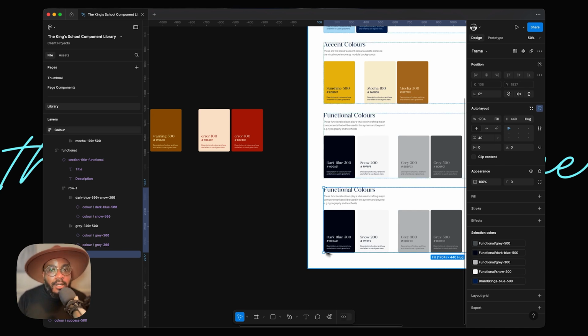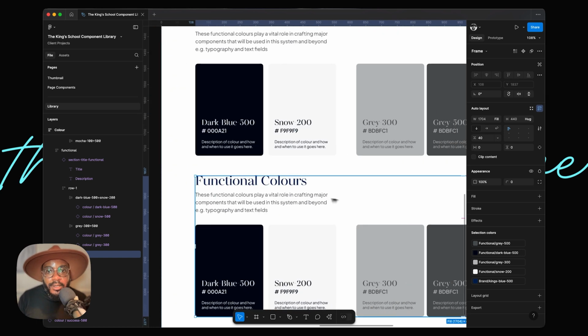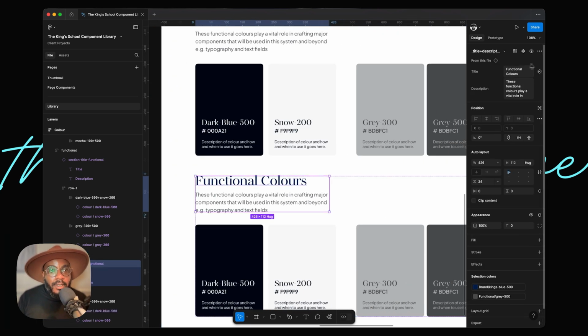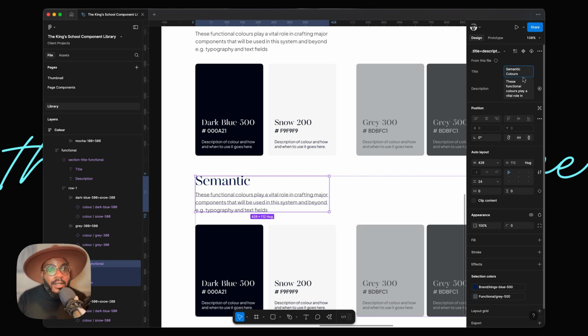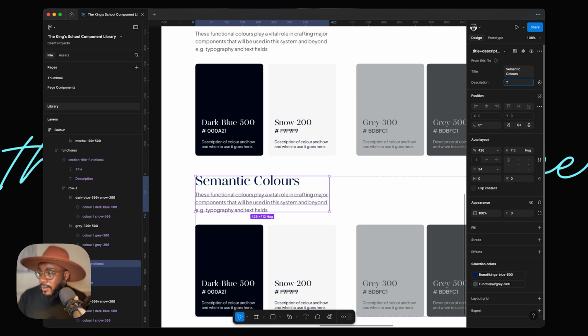just made some notes here. In the semantics section, we're going to call it, of course, semantic colors. Semantic colors. And then we're going to say, these are